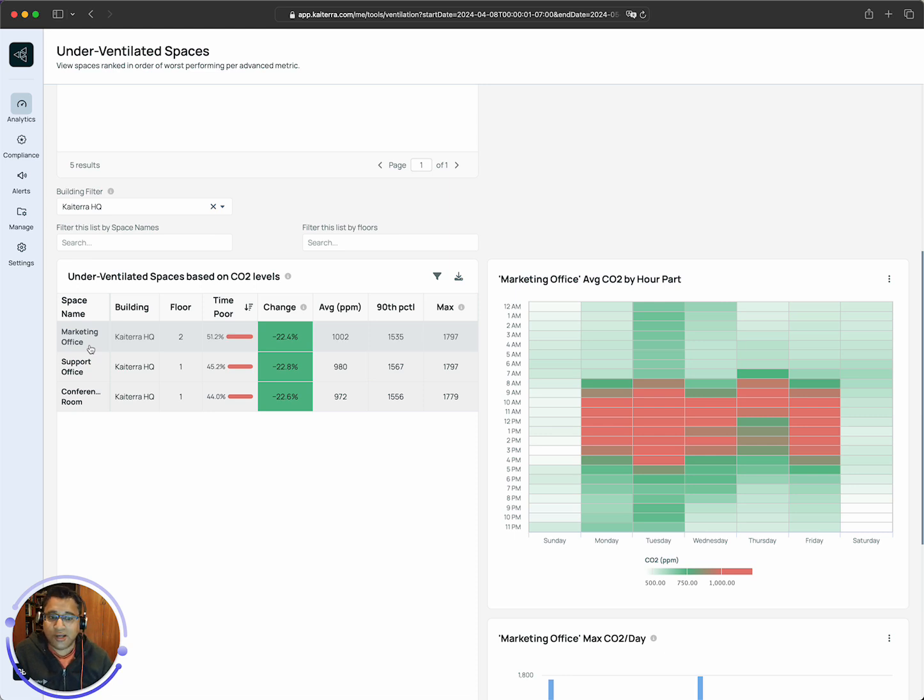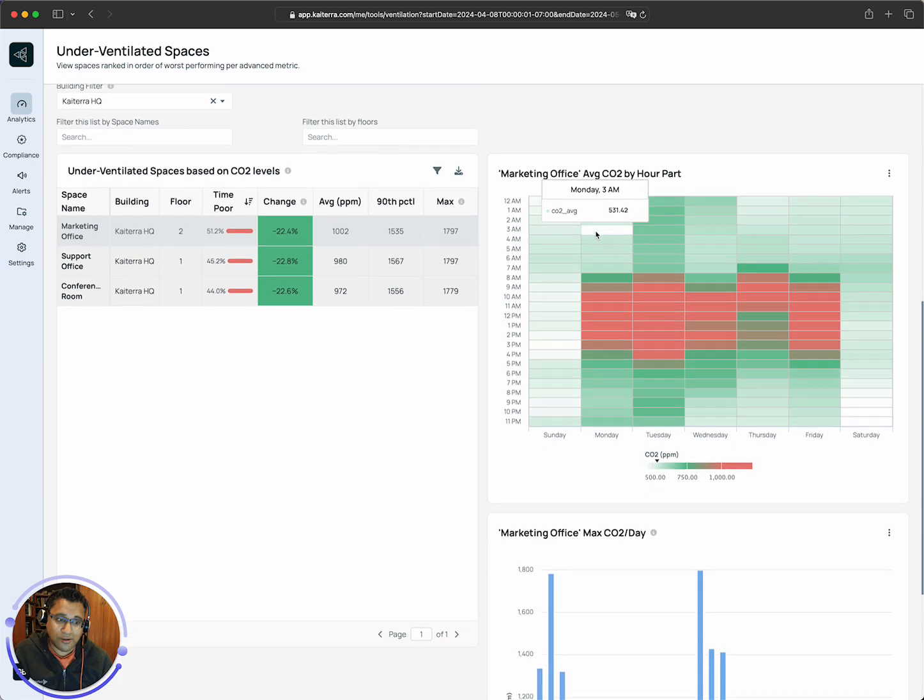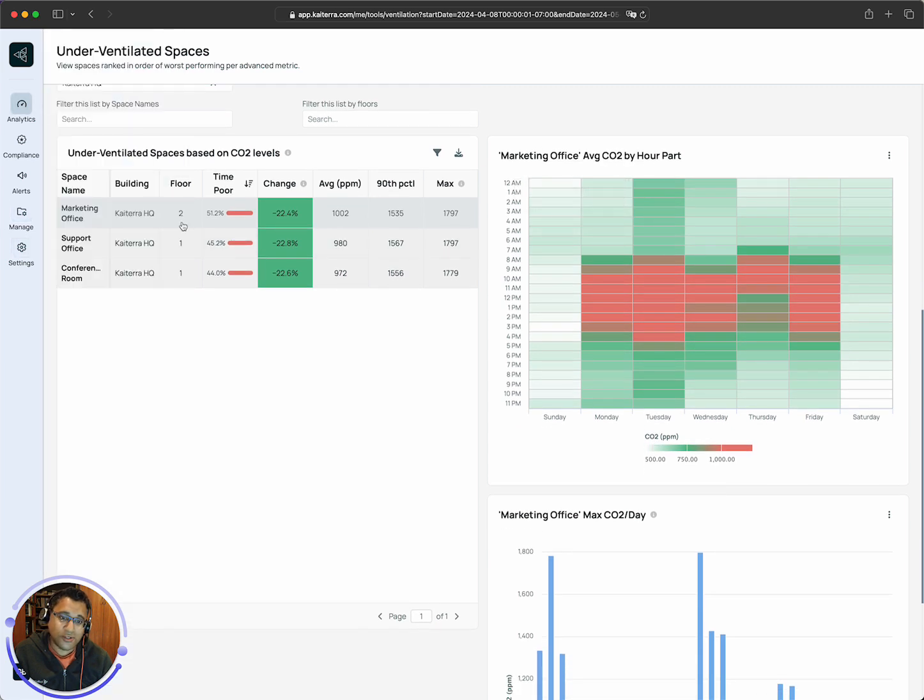So in the last 30 days, 51% of the time, over half, the CO2 during those hours is over 1000 parts per million. And when you select a row in this table, you'll see that to help you identify patterns, we provide you with